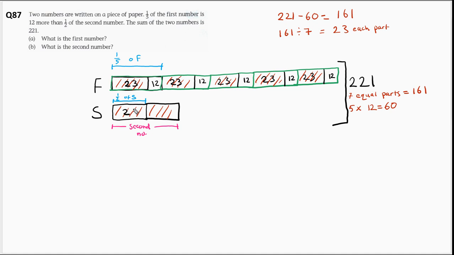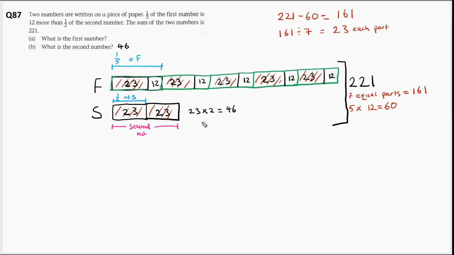I don't have to do this, but it just shows we've got all of the information. We must have all of the information now to answer our questions. And it just depends how we want to do this. So let's look at the second number first, because that's nice and easy. We've got that right here. The second number, okay, we can see that it's 23 times 2. We've got 2 of these blocks of 23. That is 46. And that is the answer to this one here. I know we've answered B first, but that's fine. So that's